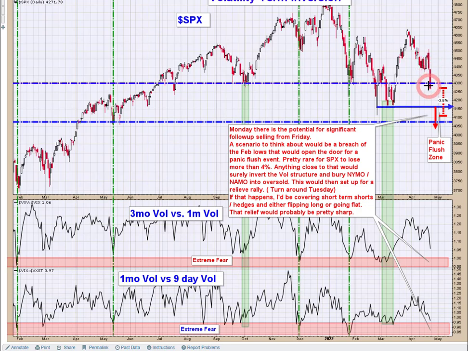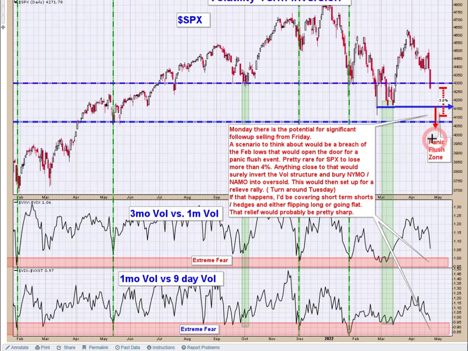And we got follow-up selling on Friday with a terrible close. I mean, we closed right on the lows, and then you got that Wall Street axiom of bad selling never ends on a Friday, and then the follow-up of turnaround Tuesday. So here is a scenario where we get a lot of selling tomorrow